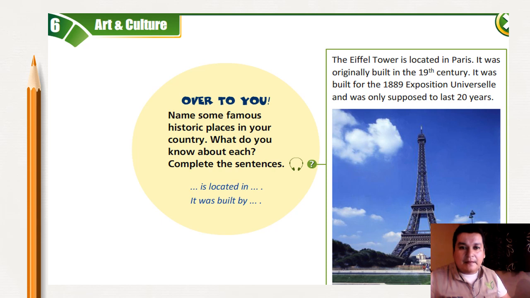La Torre Eiffel está localizada en París. Esta fue originalmente construida en el siglo XIX. Esta fue construida para la exposición de 1889 en la Exposición Universal y se supone que solo duraría 20 años. ¿Ok? Well,